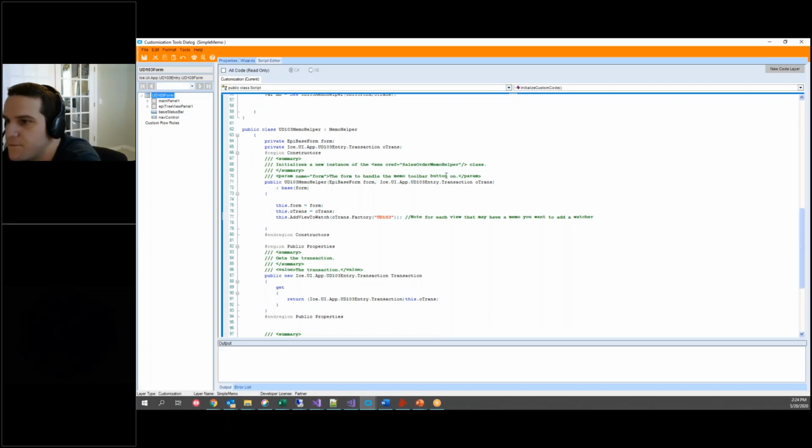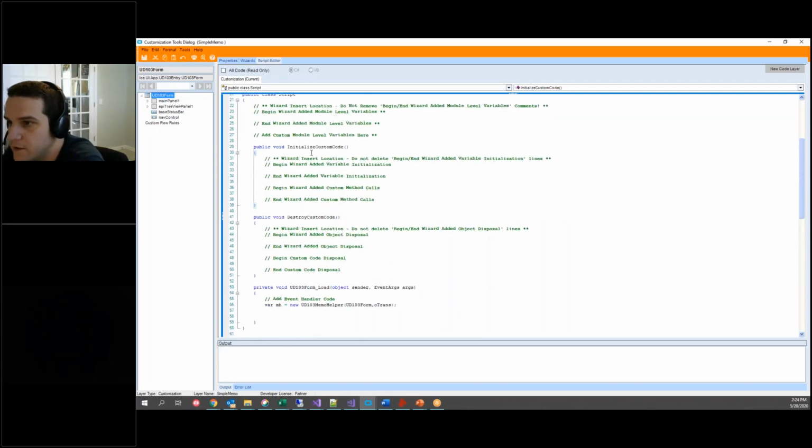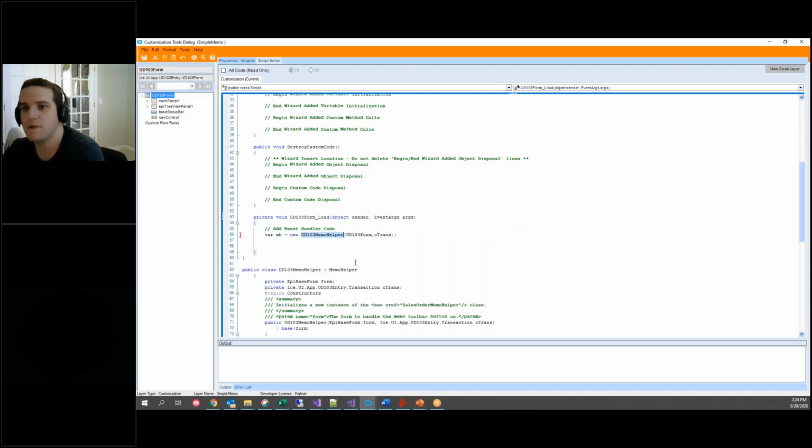Okay. All right, so if you look at the code, there's like no code, right? It's a simple code. All I did was instantiate in form load. I instantiate UD103 memo helper. And that UD103 memo helper,